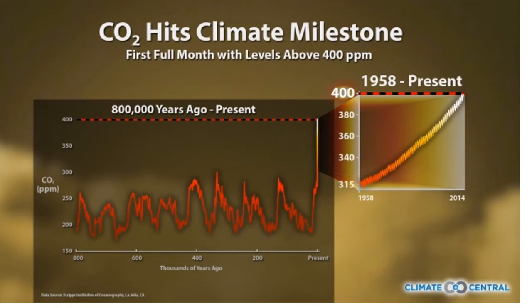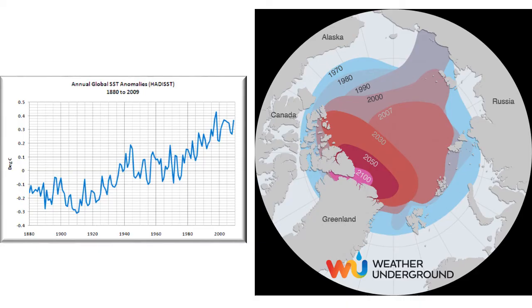All right, and we're up to 400 parts per million, and this is the highest concentration of carbon dioxide that we have seen in the past 800,000 years. All right, 400 parts per million was a concentration of carbon dioxide that scientists were hoping would not be reached, but it was actually hit in May of 2014, and since then it has been hit a number of times. All right, so very alarming increases in carbon dioxide within the atmosphere.